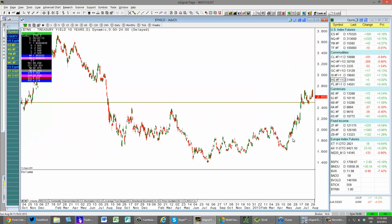If we keep seeing better economic data, we can push much higher in rates and much lower in the bond market. What does that entail? That entails higher rates, which should provide a bid to the U.S. dollar. The higher rates on your currency, the more attractive it is. So that would create some sort of support in the U.S. dollar, and then that would flow possibly into risk markets,